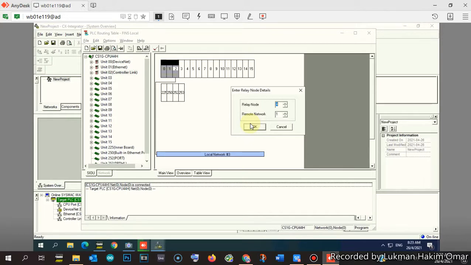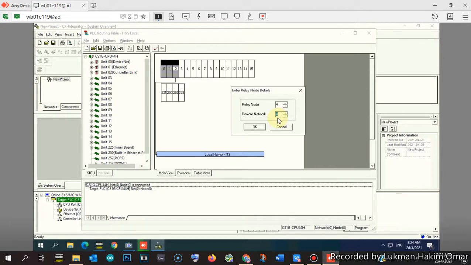For example, if there are already 3 local networks, the remote network cannot use remote network number 1, 2 or 3. It will continue from the last local network. Our last local network is local network number 3, so the remote network will be number 4. That is the rule. This is not in the theory whatsoever.